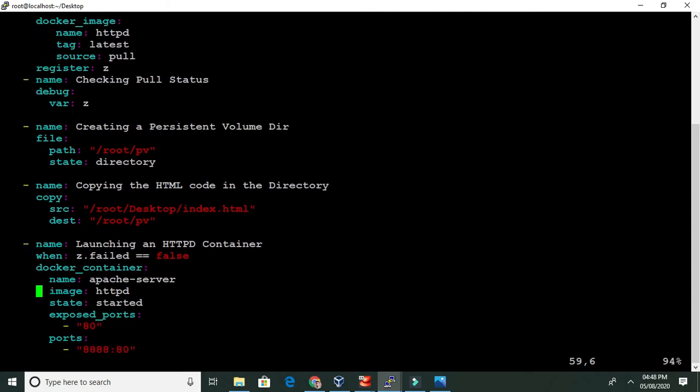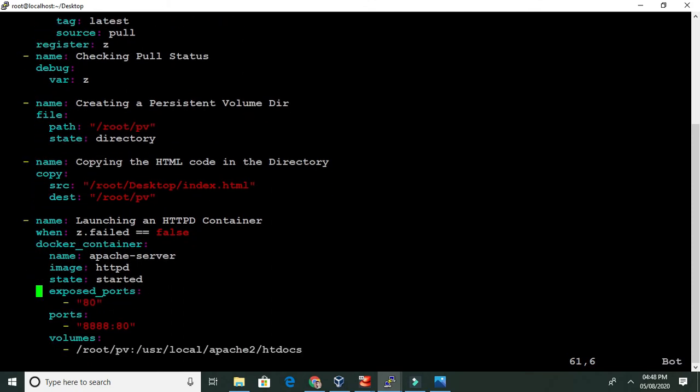Then we are launching the container, and we are exposing it on port 8888. You can say it is port forwarding also. So whoever visits this port number can access our web server. And finally we are mounting the volume which we have created with the web server location where we are going to keep this index.html file.